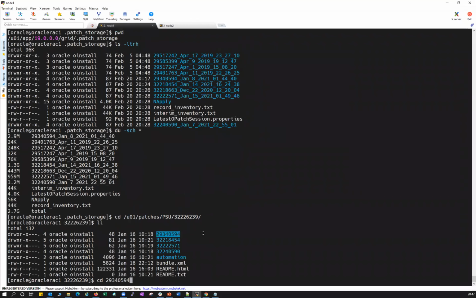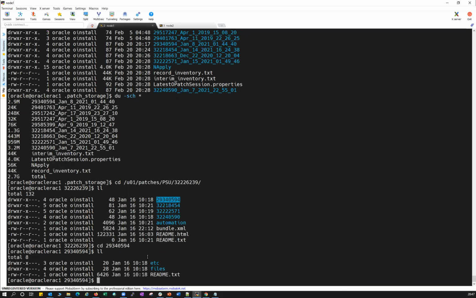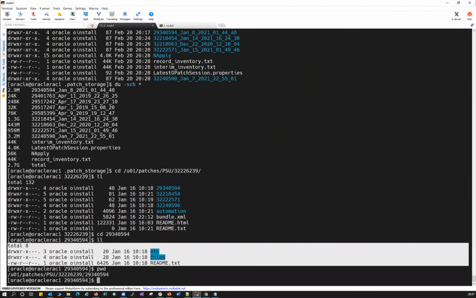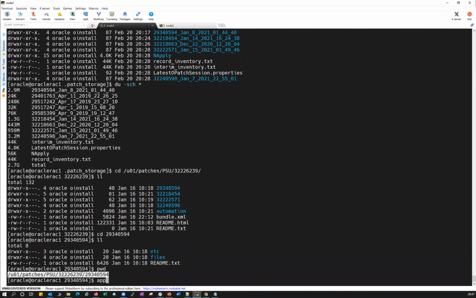If I go inside this patch, there are no sub patches. This is a single patch, and inside that there are no sub patches. If you do just apply, I will do pwd, and this is a patch. If you use the apply command, it will apply only this patch.